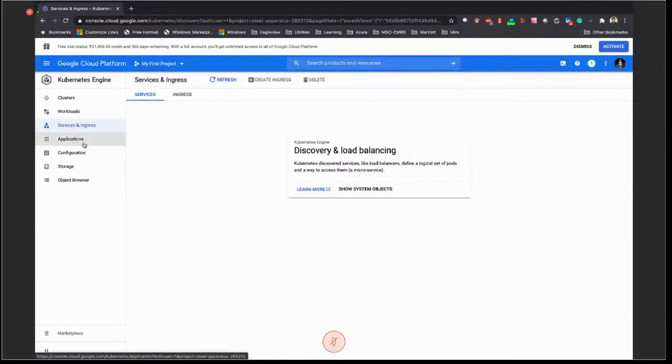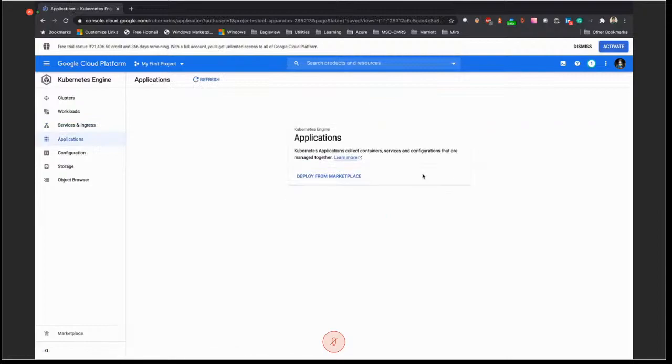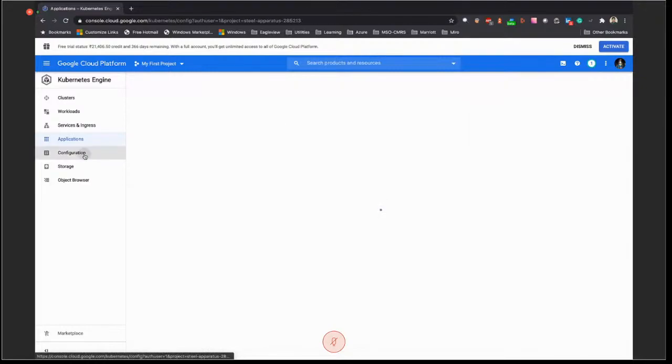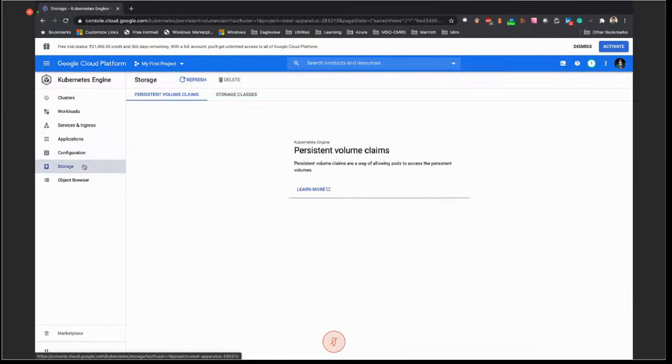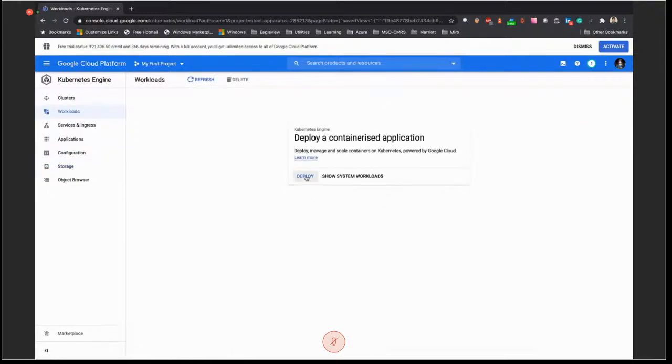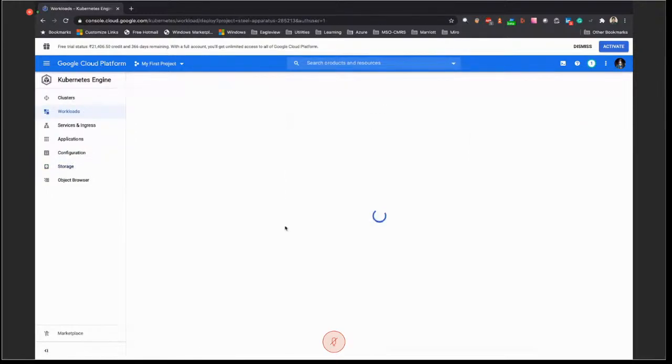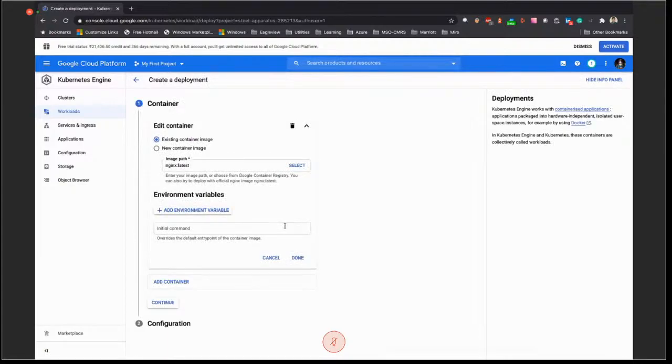And now coming down to the applications, we can have applications from the marketplace which can get deployed. We have other configurations around the tokens, and then we have storage. If we need a common storage or persistent storage for all the nodes and items on the Kubernetes cluster, then we have the storage class available from here. Now, what I'll do on the workloads is simply go ahead and deploy one of the applications, and we'll see what happens.